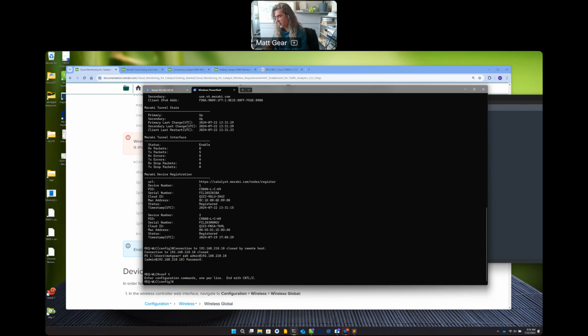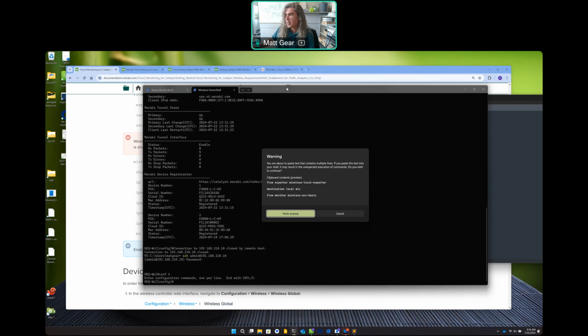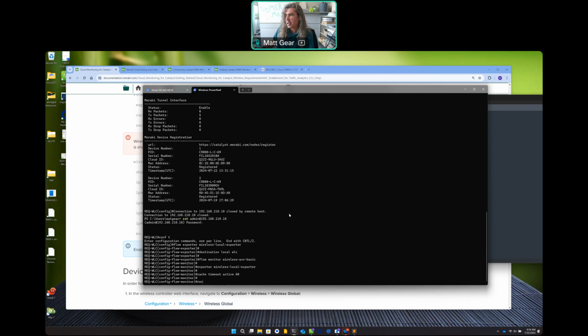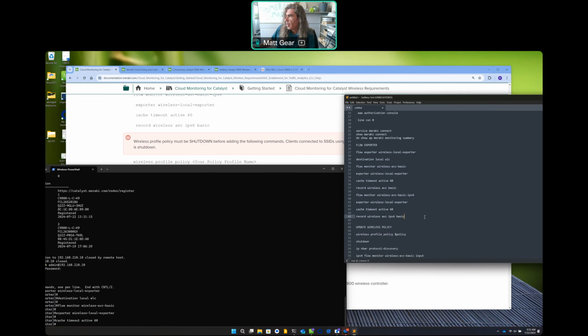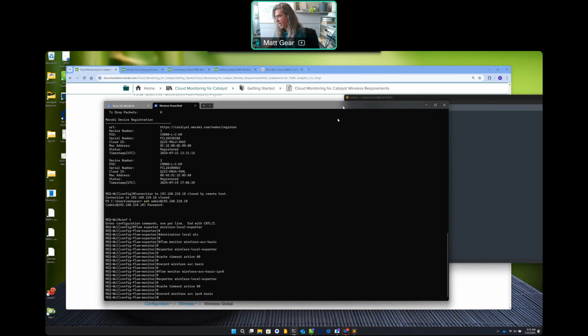And I'm going to go into configuration mode, and I'm just going to go ahead and paste my cheat sheet in there. So what I've done is I've created the local exporter, I've set the destination for it, and I have created my flow monitor, my caching, my exporter, my cache timeout, and my IPv6. Now, over on my wireless policy, this is where I bind it all together. So if I exit out of here,